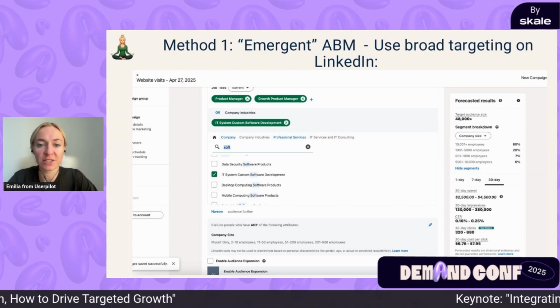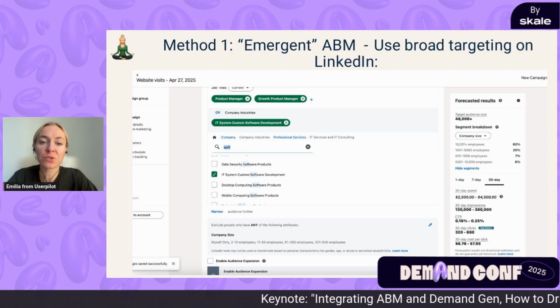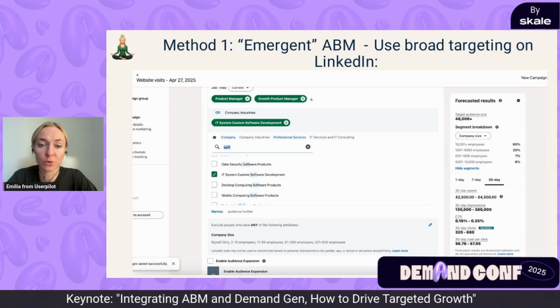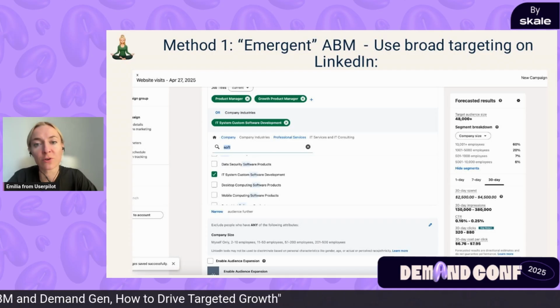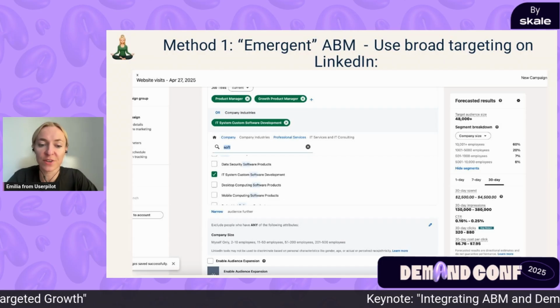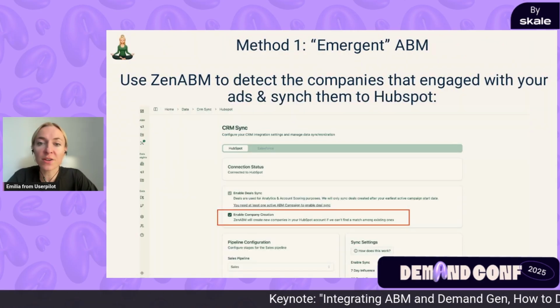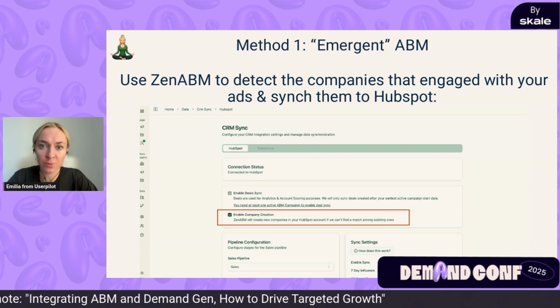I included a screenshot of LinkedIn targeting. What you do is you basically define the roles that you want to target, or specific job titles. You define the industries, you define the company size, you include the right company sizes, and you exclude the ones that don't fit. Then you run your ads, and you can use tools for de-anonymizing the ad engagements on LinkedIn,